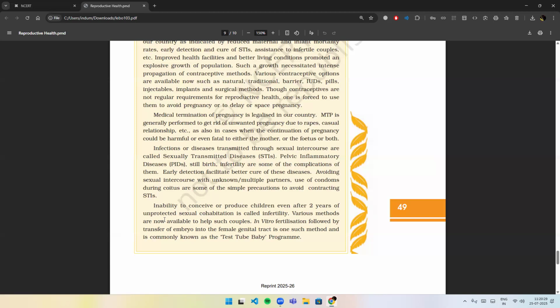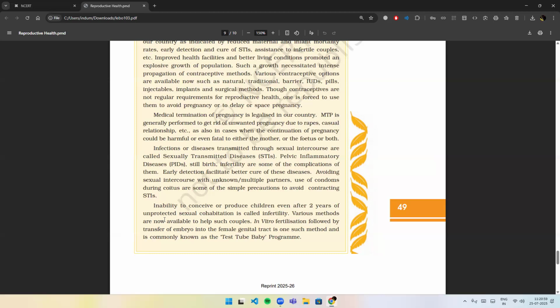Infections or diseases transmitted through sexual intercourse are called sexually transmitted diseases. Pelvic inflammatory diseases, stillbirth, infertility are some of the complications of them. Early detection facilitates better cure of these diseases. Avoiding sexual intercourse with unknown or multiple partners, use of condoms during coitus are some of the simple precautions to avoid contracting STIs. Inability to conceive or produce children even after 2 years of